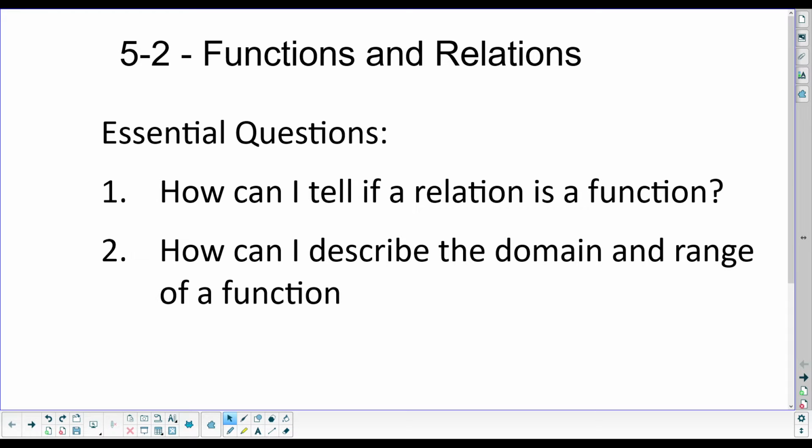Hey everyone. So this is Algebra 1, Lesson 5-2. Unit 5, we're talking about functions. So today we're going to talk about the definition of a function. So we're going to talk about functions and other things called relations,